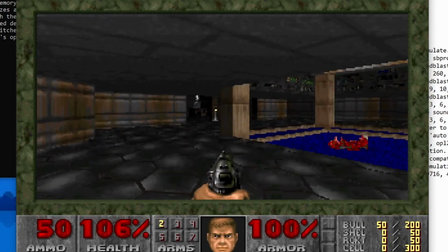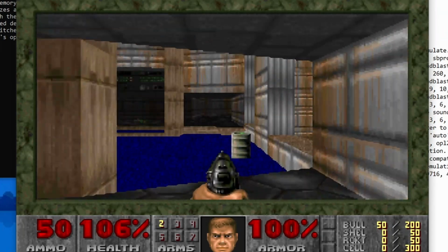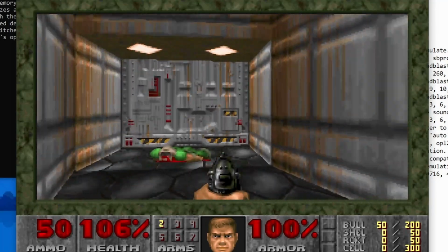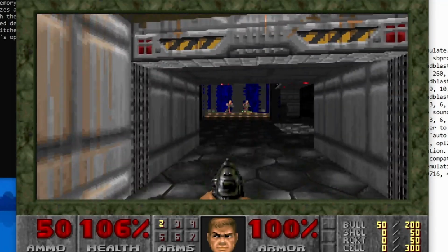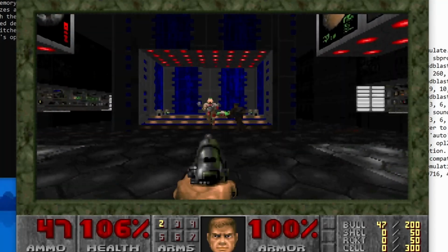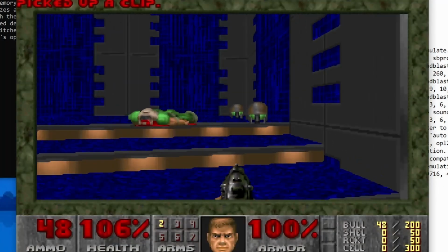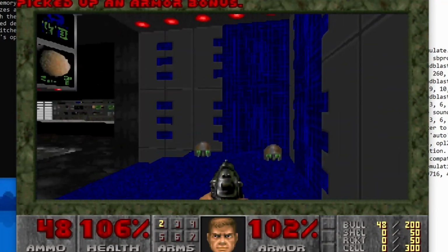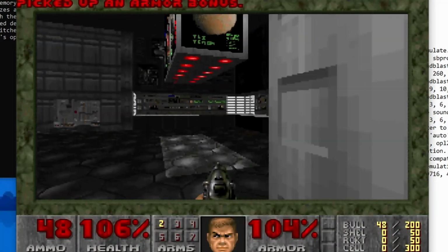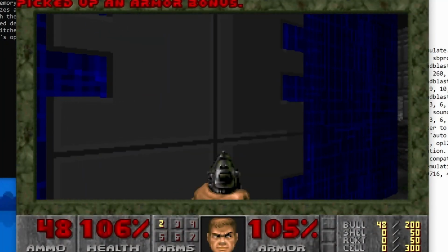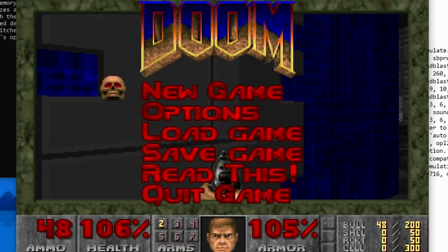Okay, that door doesn't open. Okay, and there should be some enemies in this room. There we go. Yeah, okay. Okay, I'm just getting distracted and playing some Doom at this point. But